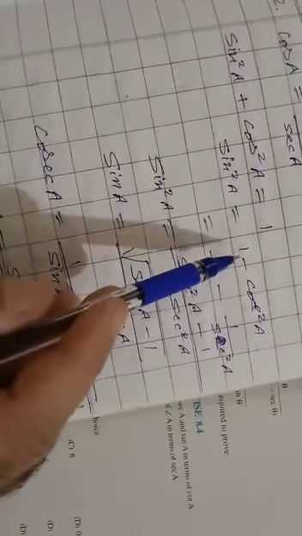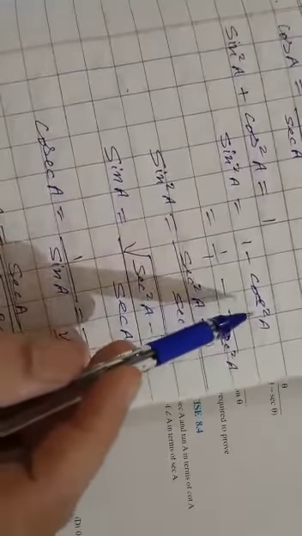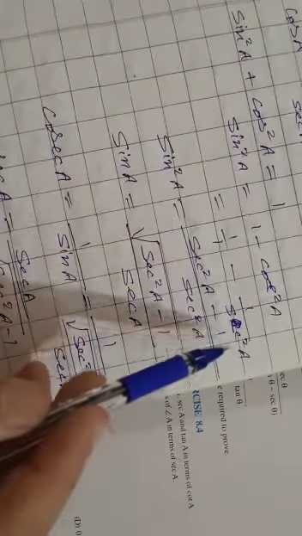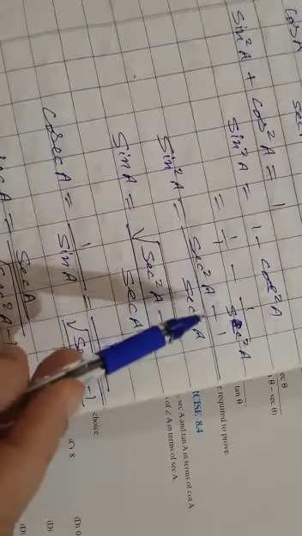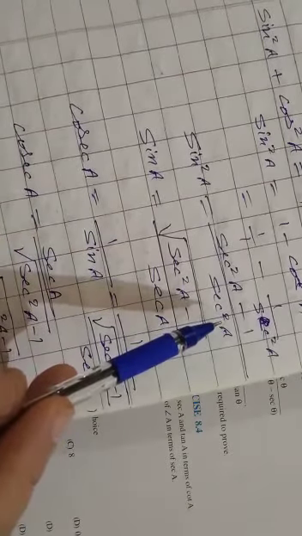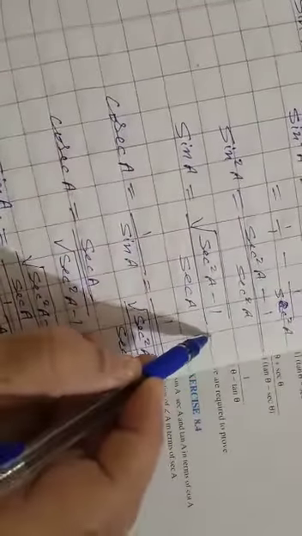Now, sin square A plus cos square A equal to 1. Sin square A is equal to 1 minus cos square A. Now, we write 1 minus cos square A as 1 minus 1 upon sec square A. Take sec square A as LCM. So, we write sec square A minus 1 upon sec square A. Now, sin A is equal to root of sec square A minus 1 upon sec A. Root of sec square A cancels out by the square, so we write sec A. This is your required answer.